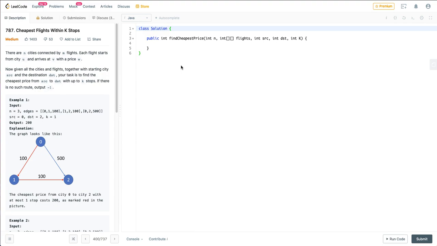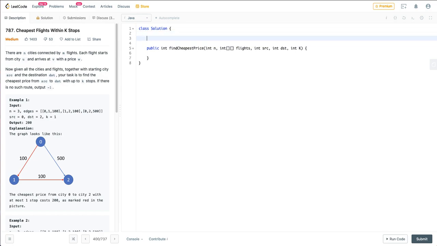But in this case, we use a slight variation of Dijkstra's because we want to account for the number of stops and the source and the destination, and find the shortest path between the source and the destination. For this video, I'll go over the Dijkstra's approach that I used to solve this problem. So the approach is, if you see the Dijkstra's algorithm,